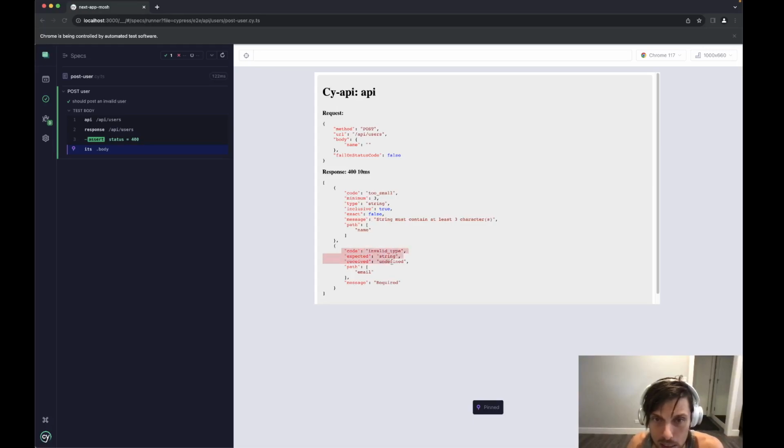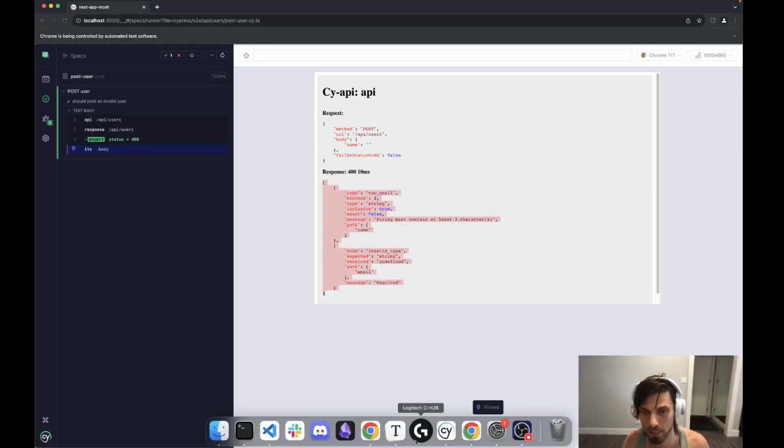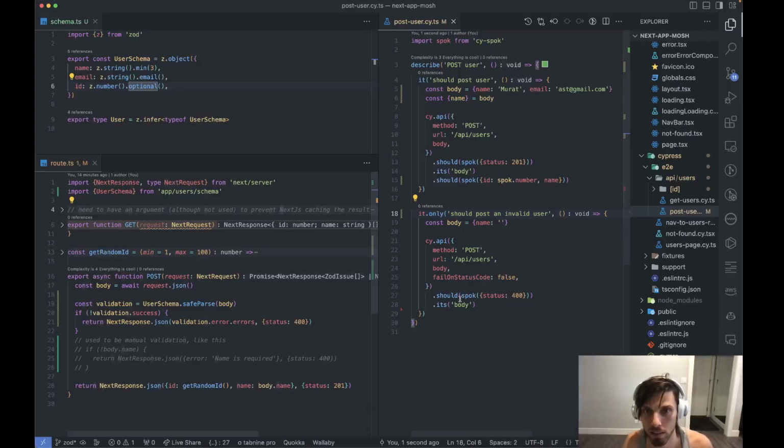Anyway, and then the second one, we're not passing any email. So it's saying, hey, we're receiving undefined for email. So it's quite clear, right? How would you verify this with Spok? It's so easy. You just get this whole thing, copy it, and then